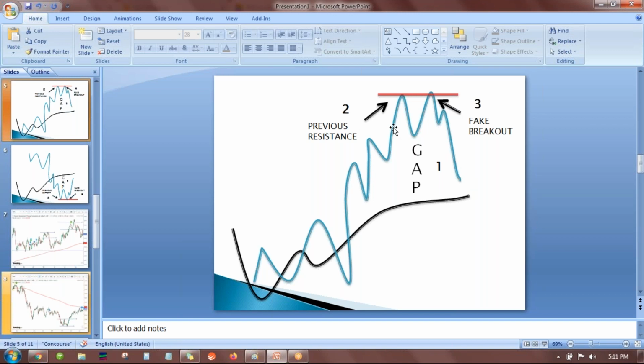The second is that we should have a previous resistance level. For example, price has come here, made a higher high, higher low, higher high, higher low. Now this is a previous level. This should be there in the chart. And there is a third point: here we will be looking for a reversal candle. Just three points. First, there should be a gap between the exponential moving average and the price. Second, there should be